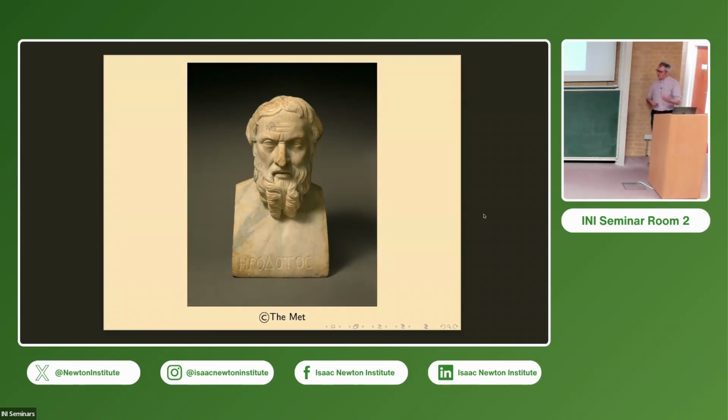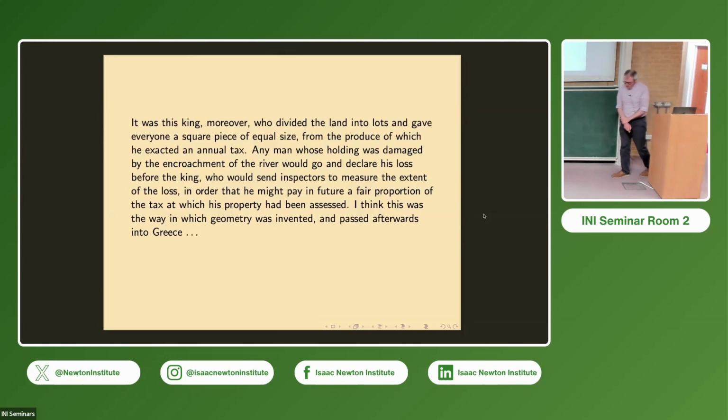So some of the things that you find maybe don't necessarily stand up to scrutiny. And one of the things he mentions in relation to mathematics is he tells the story that has been related to him of a pharaoh. Sesostris is the name that's often used, but he's a sort of semi-mythical figure. So a pharaoh who divides up the land, gives people parcels of land, and each year the Nile floods, and the markers marking out people's lands are obliterated, so they have to be marked out afresh every year. And out of this need for surveying, geometry is born.